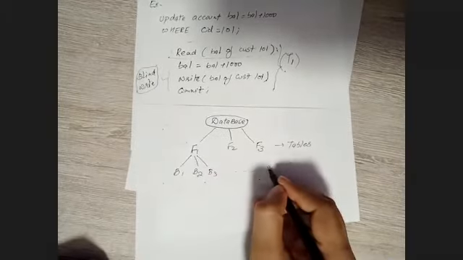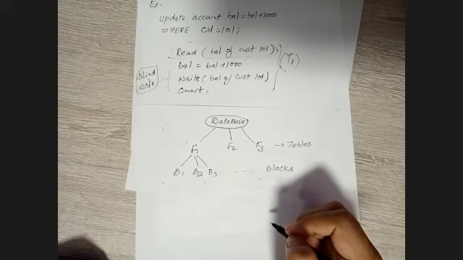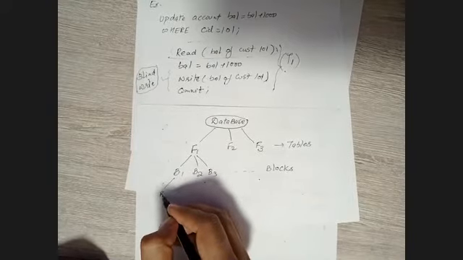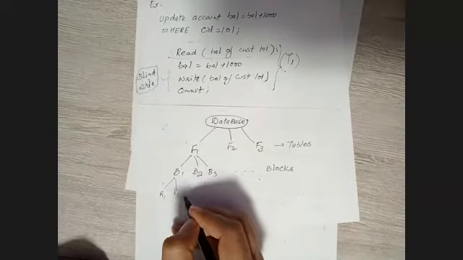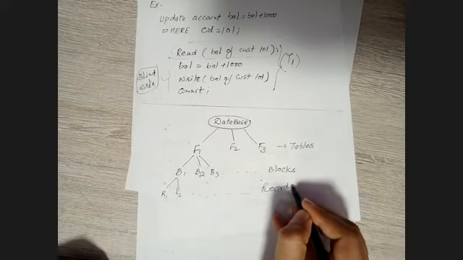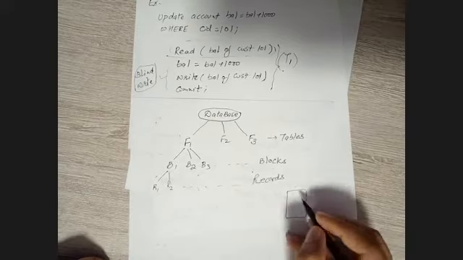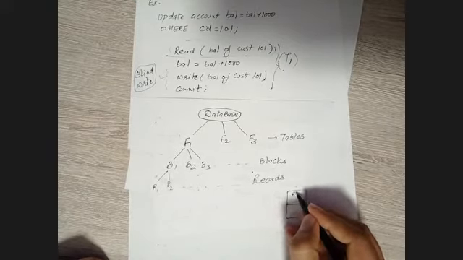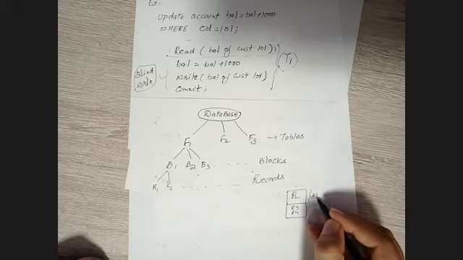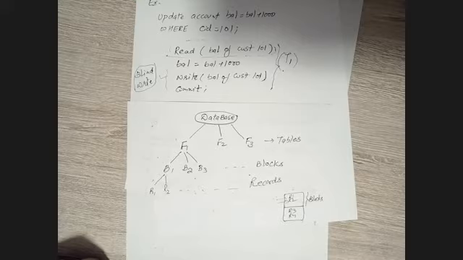These are called your blocks, and we will see in indexing and file organization, these blocks are further split into records, R1, R2, and so on. These are called your records, right? So these are different. We will understand in depth about file organization. Let's say we have two blocks in which records R1, R2, R3, R4 are there. These are blocks, right? And inside this we have different records, right?